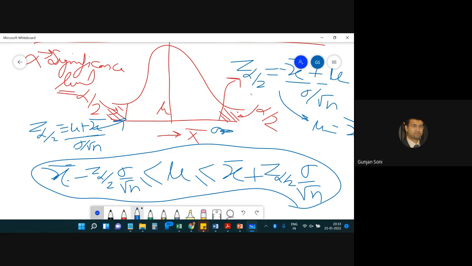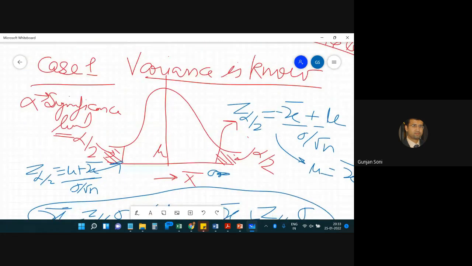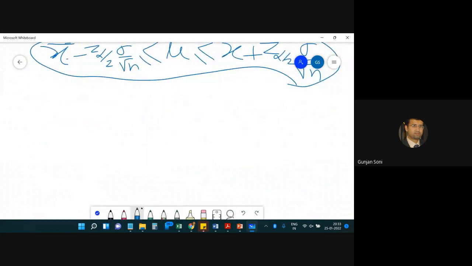Okay. So we get the confidence interval. So when is this applicable? When the population standard deviation is known. Then only in that case it is applicable. What if the population standard deviation is not known? So this is case 1 we talked about. Now case 2,